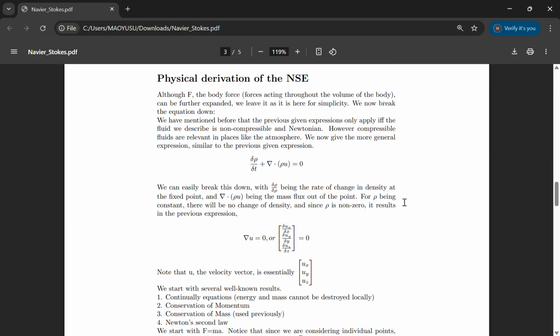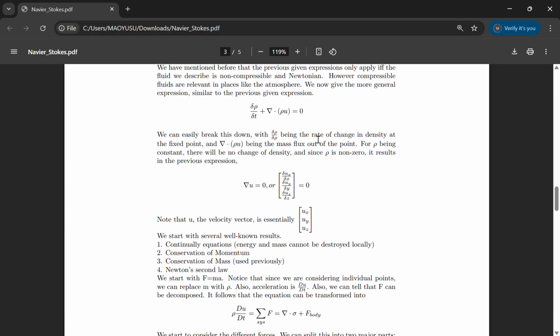Okay, so we will now give the more general expression. So it looks like this. It's quite easy to understand. This one is the rate of change in density. Because if it's incompressible, the rate of change in density is 0, because the del T is 0. So del T is literally irrelevant. So nabla